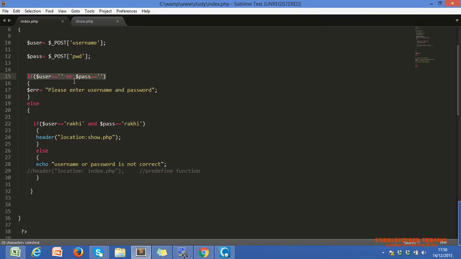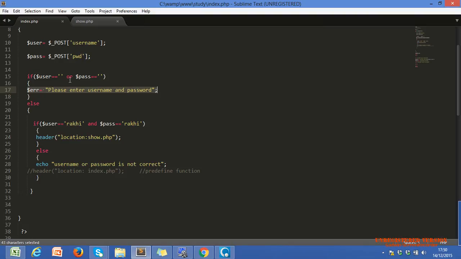Did you get the point? If these inputs are blank, then we assign a string value, a message, please enter username and password, into our variable. Now in our $err we have a message.